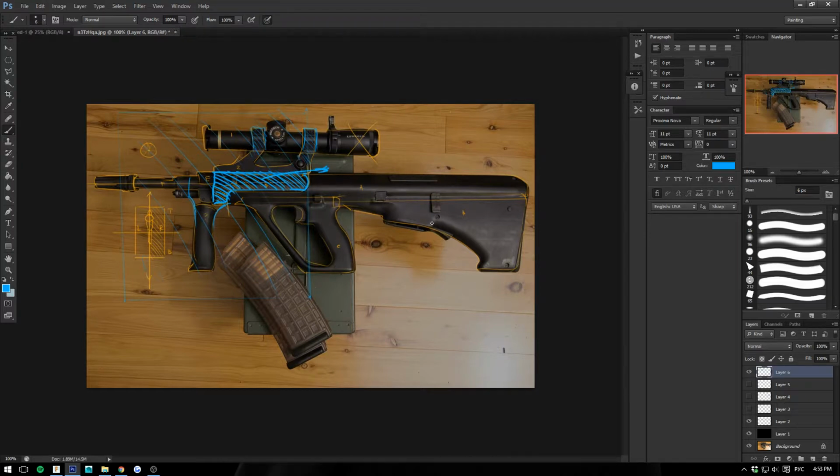Even though some of it is happening here, like the mechanism is there, it's hidden. So whatever we can reveal is happening right here. And also, because it's a gun, obviously the action is happening here, so we're going to have complexity over here. And again, if we have the scope,